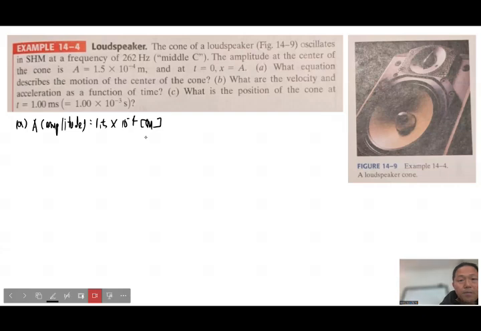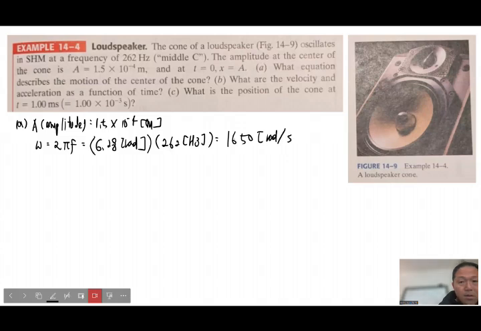And the angular frequency omega is 2 pi f, which is 6.28 radian times the frequency, 262 hertz, so that is 1650 radian per second. So with these two parameters, you can define the equation of simple harmonic oscillator of displacement